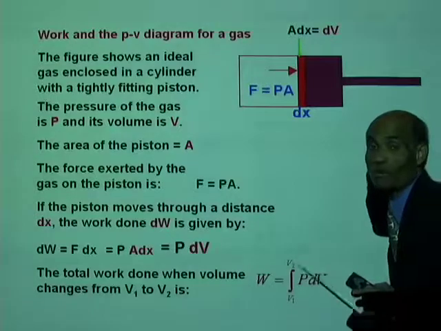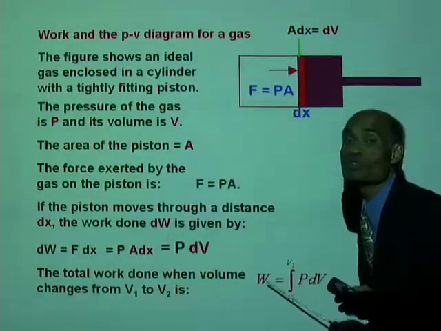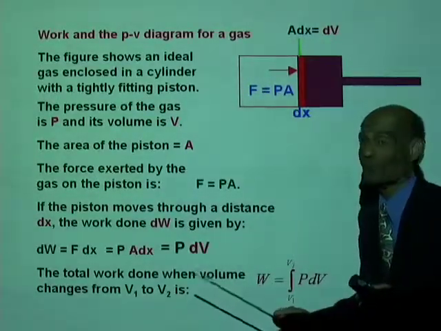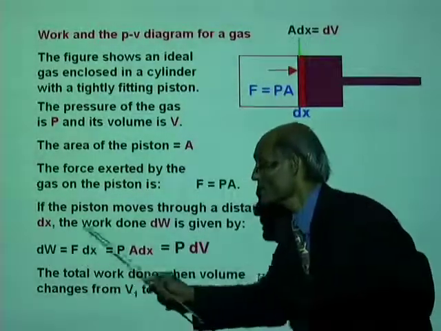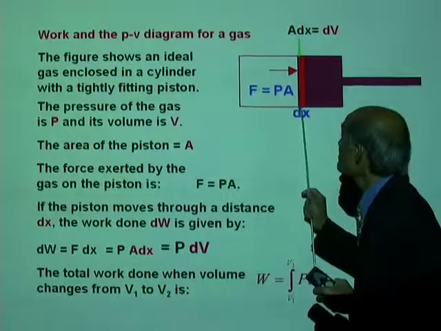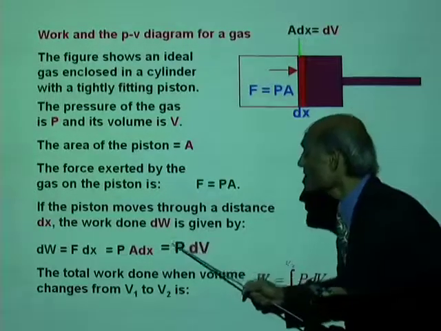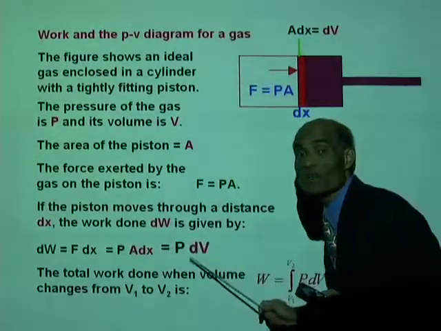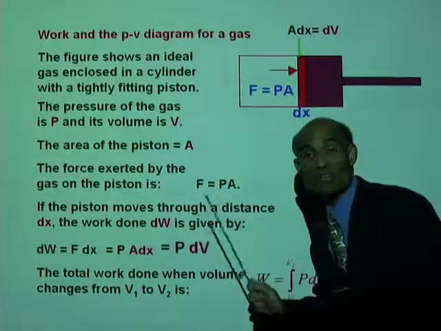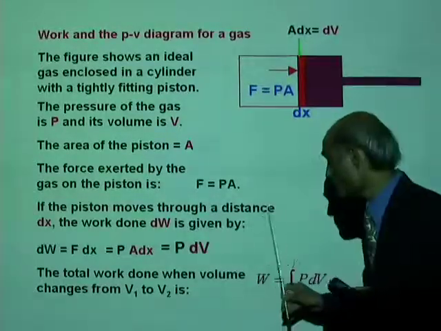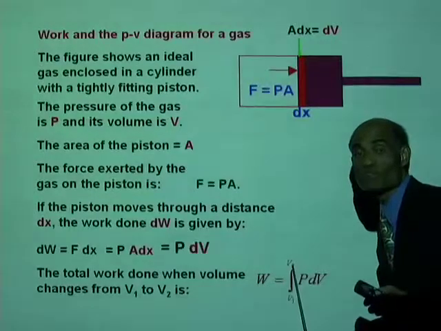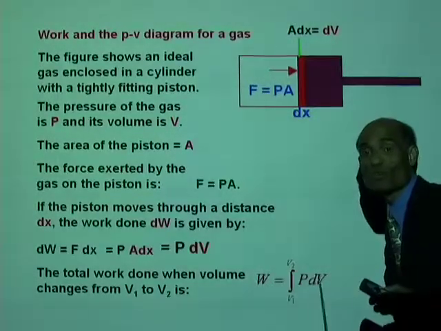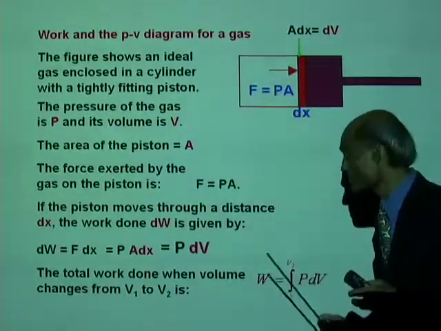A very important relation, we would want to use it again. So the small work done when the displacement is very small is PdV, where dV is the change in volume. And if the volume changes from a value V1 to V2, the total work done will be W equal to